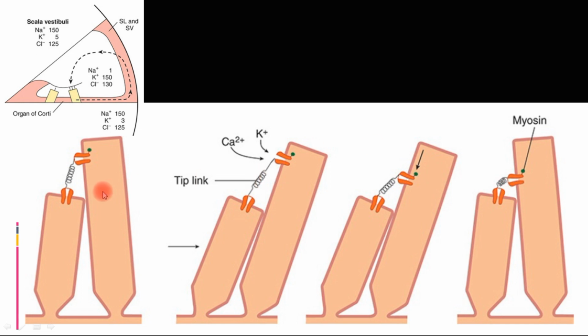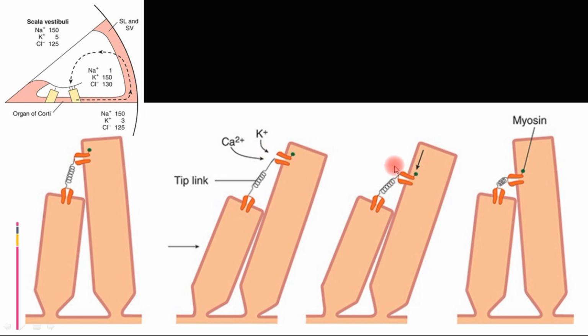So what happens here when the person bends? The otolith, which has the higher specific gravity, will have the gravitational pull that will take the gelatinous membrane also with it, and thus the hair cell which is embedded in the gelatinous membrane will also be displaced. If the displacement is towards the side of the kinocilium, what is going to happen? More and more positive ions are going to come inside.